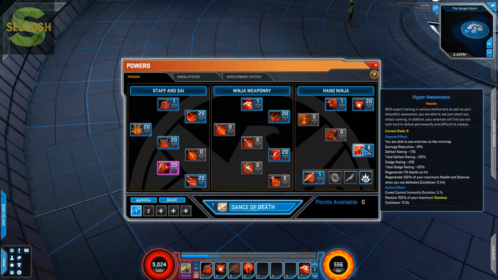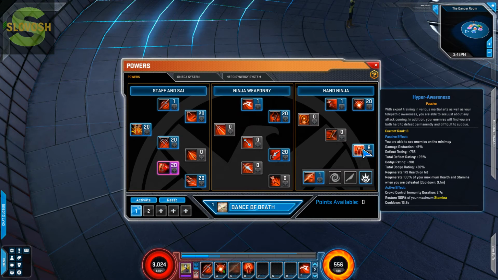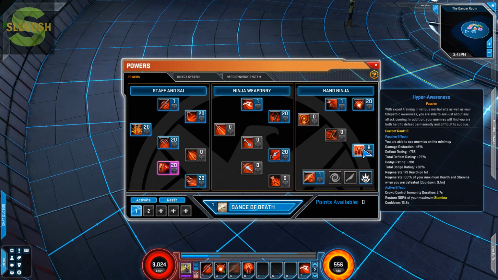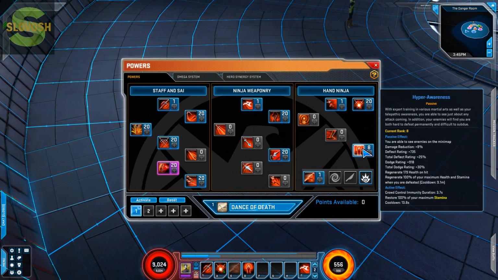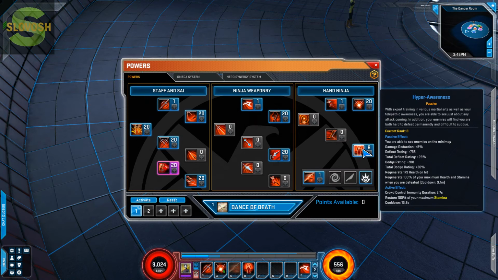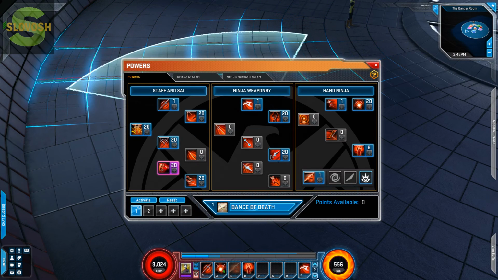And moving on, Hyper Awareness. This is her passive. This gives you regen if you're defeated. This gives you health on hit, dodge, deflect, all that good stuff. She's a dodge, deflect hero, as we were talking about in the other video. This is also your crowd control if you're into activating crowd controls. I typically don't, but I'll still throw it on my second bar, as you can see,